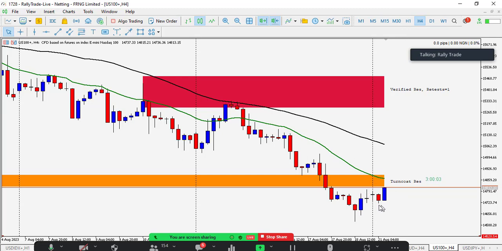So we look for this candlestick to close as a bullish candlestick, right? So that will serve as a bullish engulfing candlestick. Then of course you may want to start doing your buy. If you do your buy, your stop loss should be here. You should have a stop loss to protect your trade.